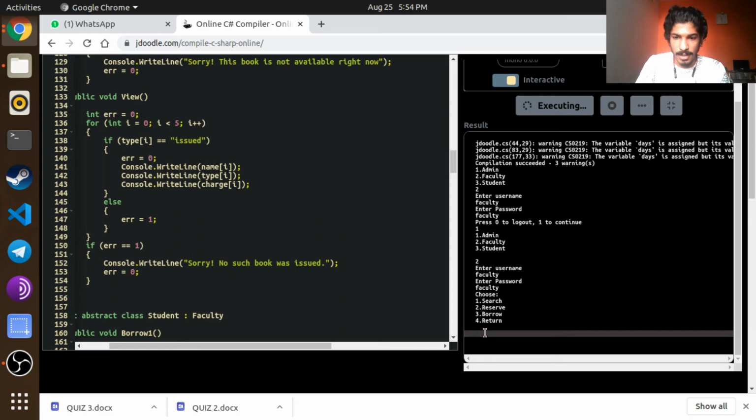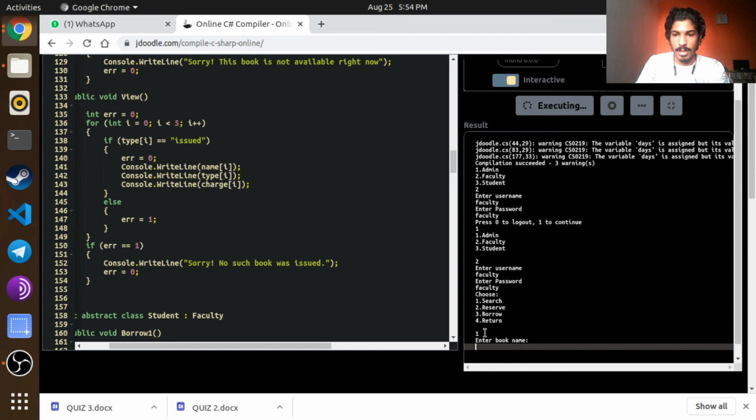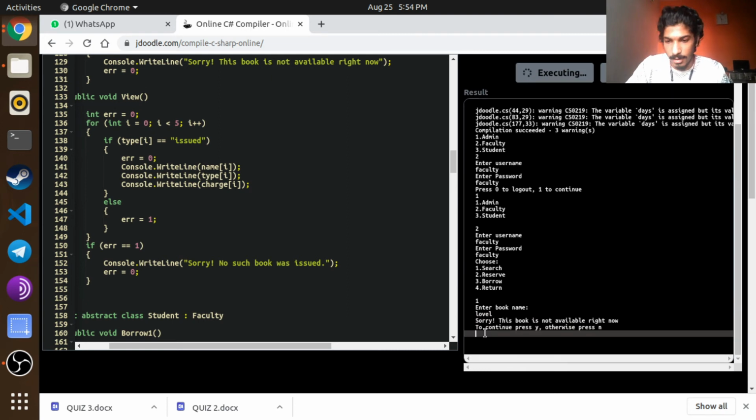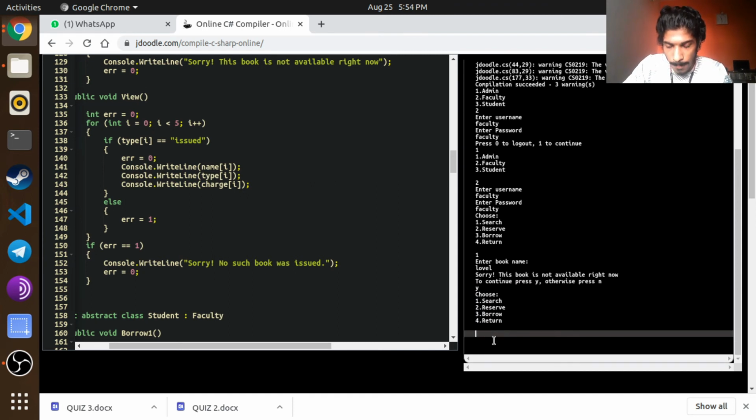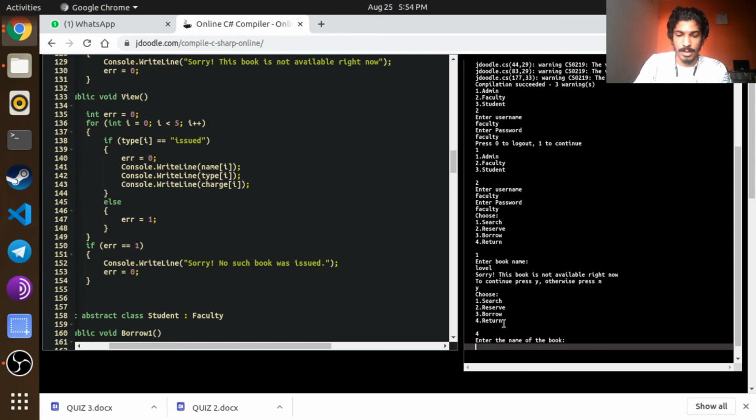So let's check for search. Since we haven't given any book earlier, it should say the book isn't available. Let's continue. I press Y to continue. Again, let's go to return. If I give return, it will ask the book name. I'll give book.